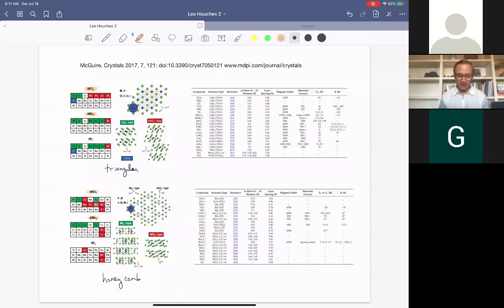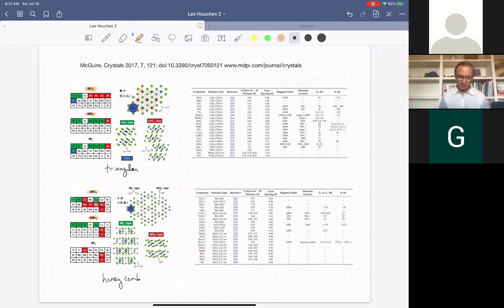In the first class, these materials like titanium dichloride, the local moments reside on a triangular lattice. You can see the blue sites here. Those are the transition metal sites. They're relatively weakly coupled between layers, and you can see many examples in which those magnetic moments form antiferromagnets or